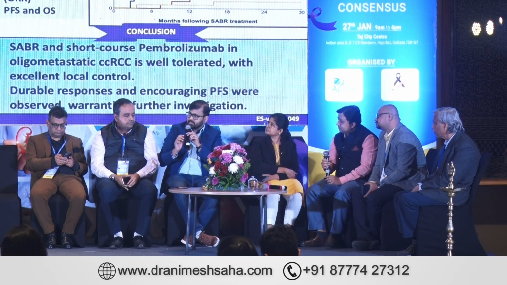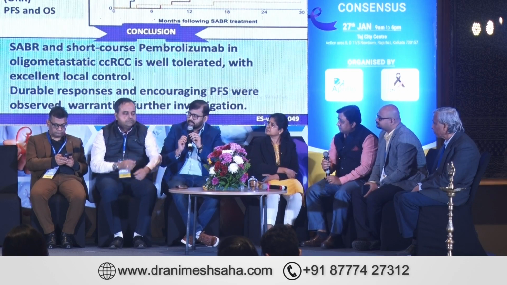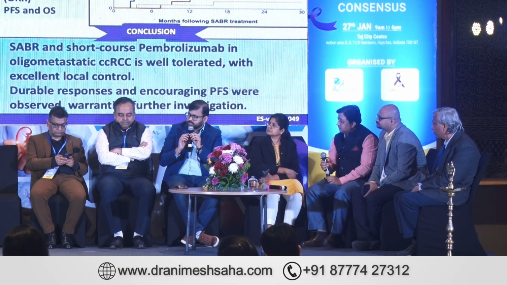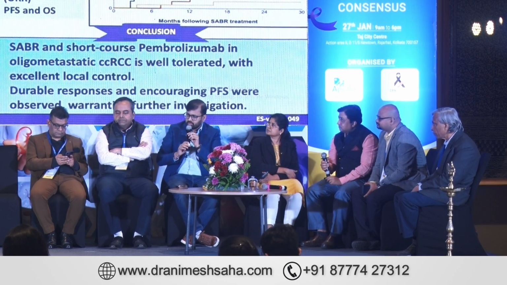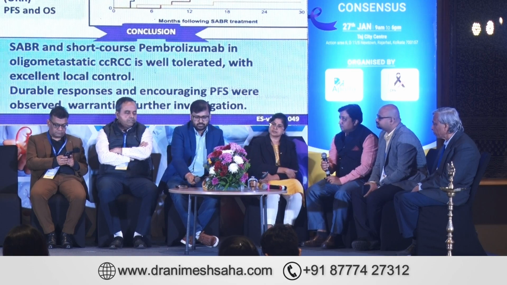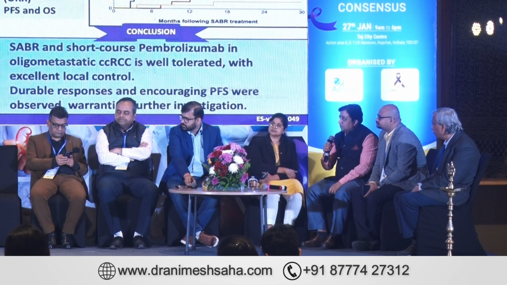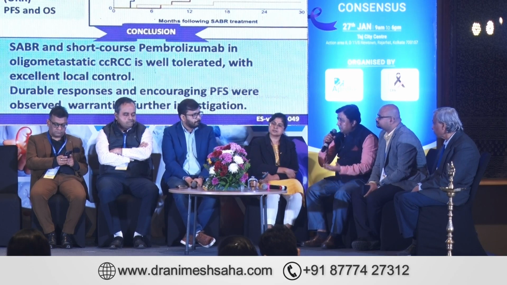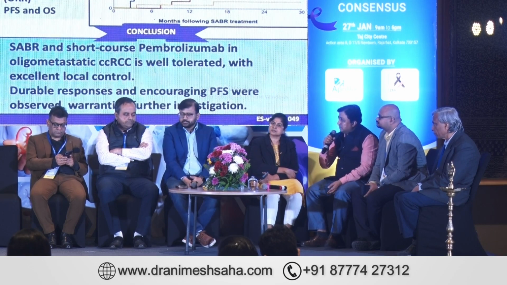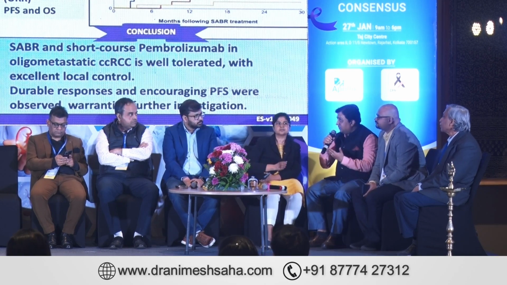ASTRO has given a definition of oligometastasis. They say that for renal cell carcinoma, less than 5 sites of involvement would qualify. For prostate also the same thing, less than or equal to 5. So you go for a higher dose, that's what you are telling. Okay, so I think SBRT can be considered in these cases. Definitely to the primary, or to the metastasis, or everything? SBRT to multiple sites will be difficult.